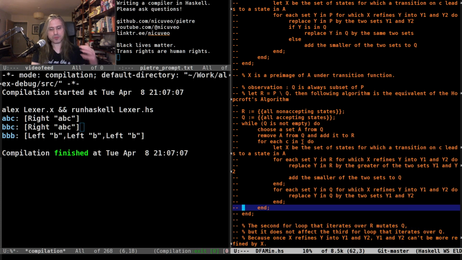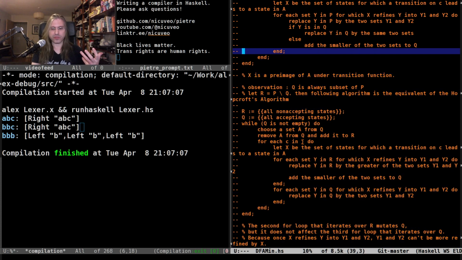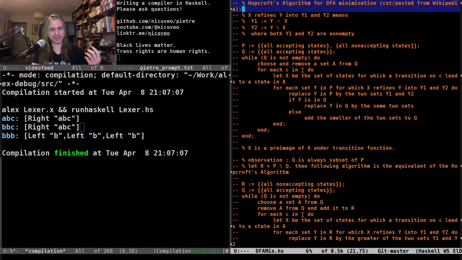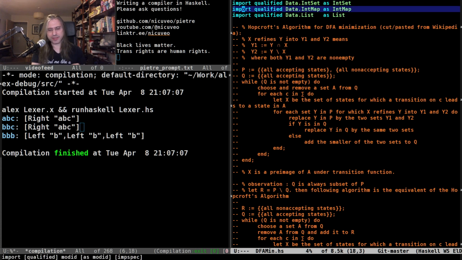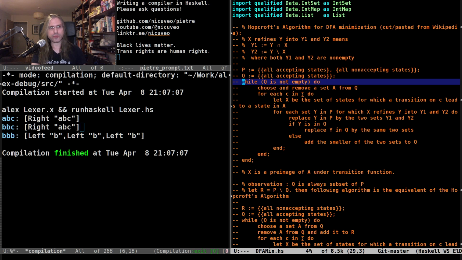It explains this process where we start with sets of states, and here's the algorithm we apply to cut those sets of states until we can't cut them anymore, and any set at the end only contains states that are indistinguishable, and therefore can be merged back together.